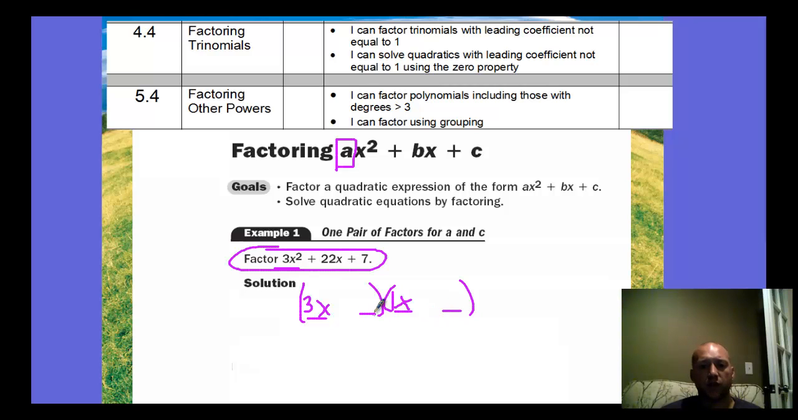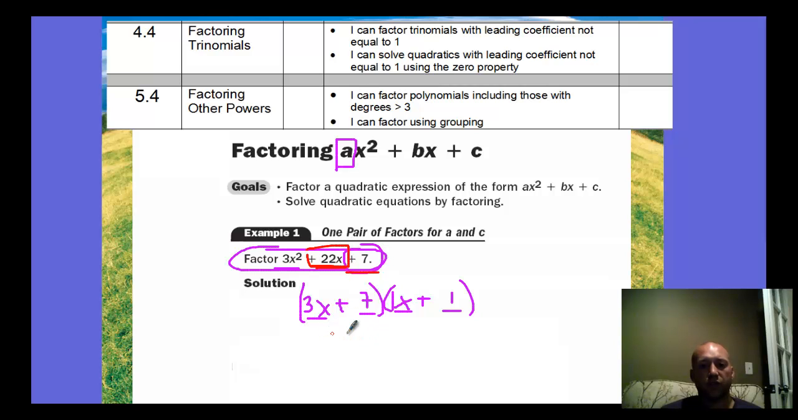These last two values come from the 7. The only way to get 7 through multiplication is 7 times 1. And so they both have to be positive here because our signs are both positive. So this one's not too bad because our A value is prime and our C value is prime. But what I want you to see here is our B value is 22. In the past, we've said the two numbers that multiply to be 7 but add to be 22. And that's not the case here because that